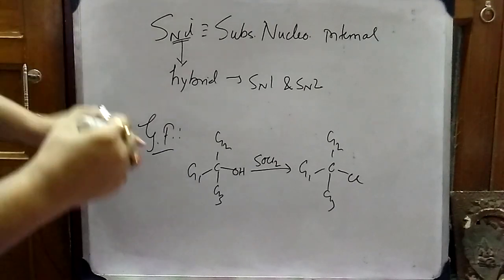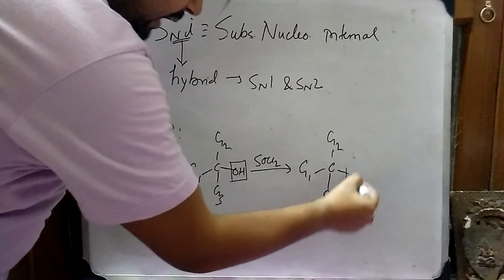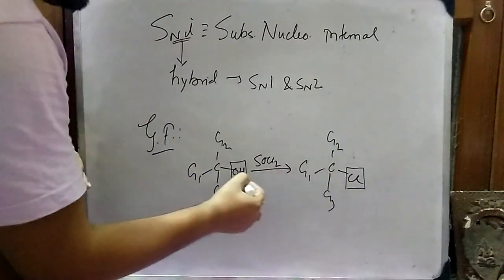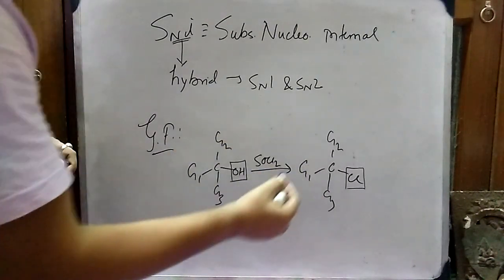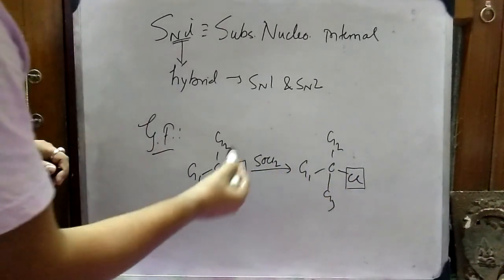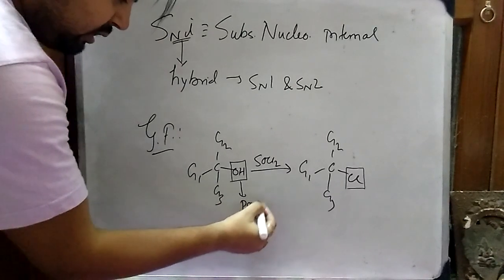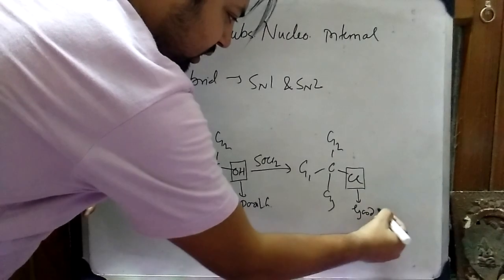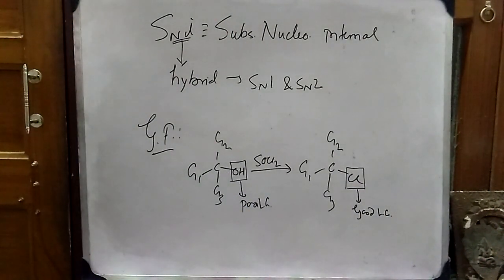This SNi reaction shows one thing, that an OH group and a Cl group are on the opposite sides of the reaction line. As in SN1 and SN2, we have observed that OH was on the reactant side and Cl was on the product side. Here a poor leaving group is being substituted by a good leaving group, which is quite ironical. It does not happen like that.